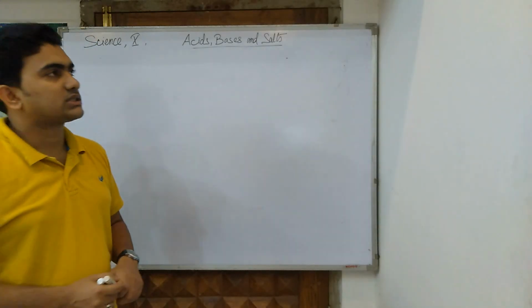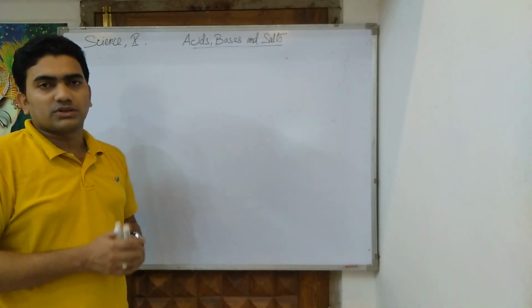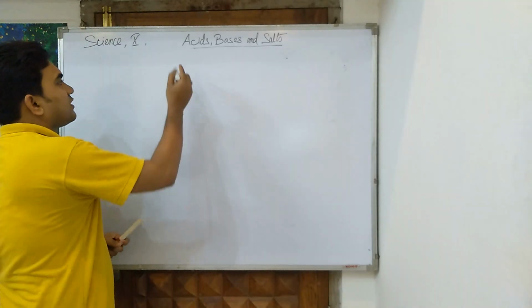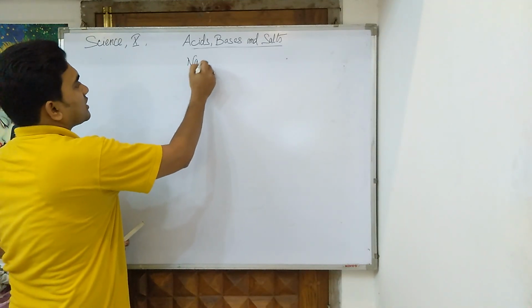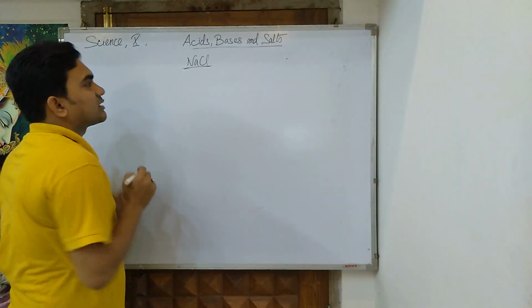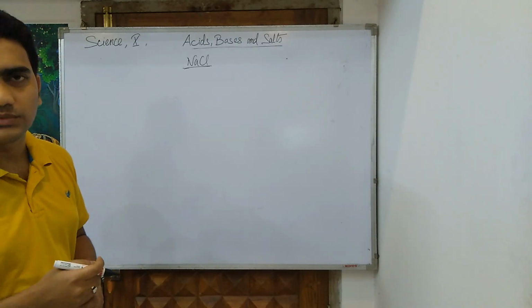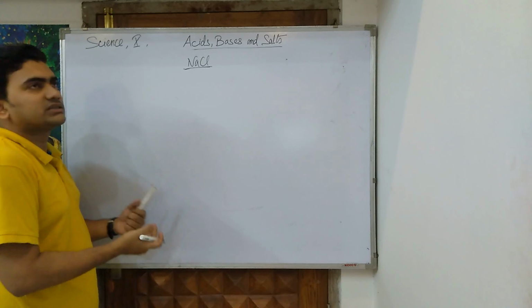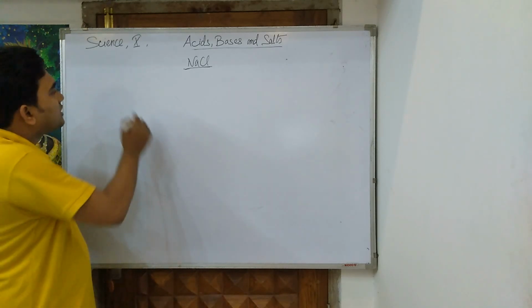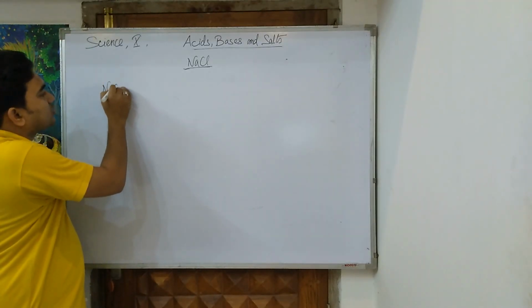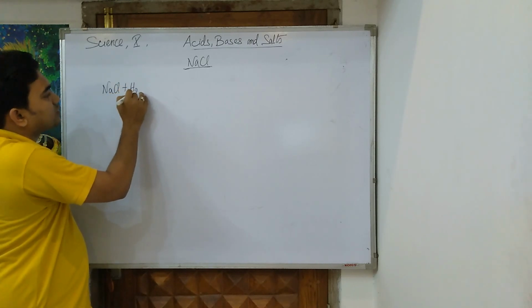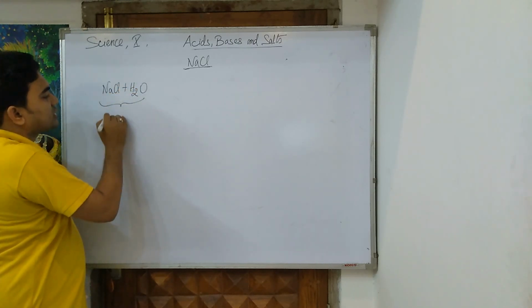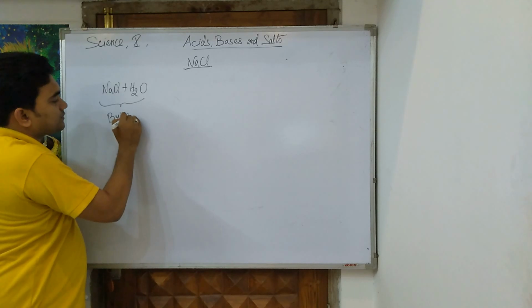Now that we have discussed the types of salt, let us come to the use of our common salt, sodium chloride, NaCl, the common white salt that we use at our homes. So, how do we use this sodium chloride for industrial purposes? First of all, the sodium chloride is mixed with water. This solution is called brine.